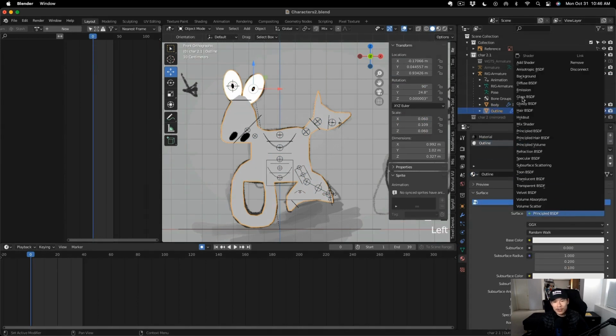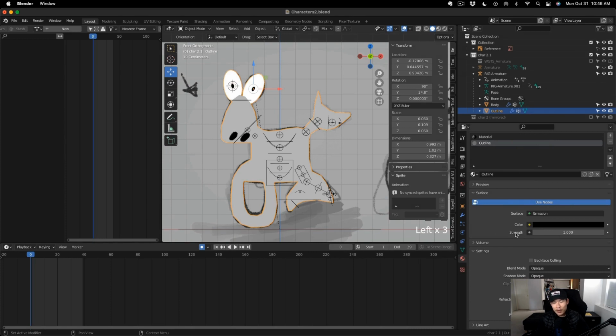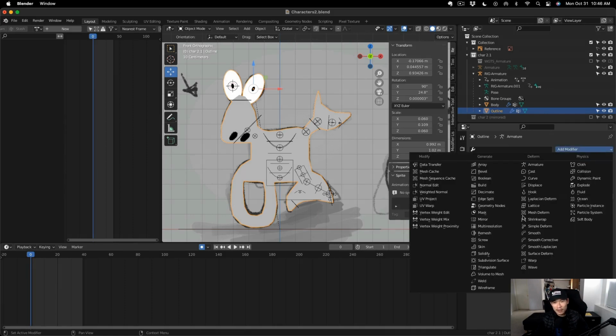Under surface, change the principled BSDF to emission, and then change the color from white to black or whatever color you like, and check backface culling. In the vertex groups, you add a vertex group called outline, add the two modifiers, the mask and the solidify